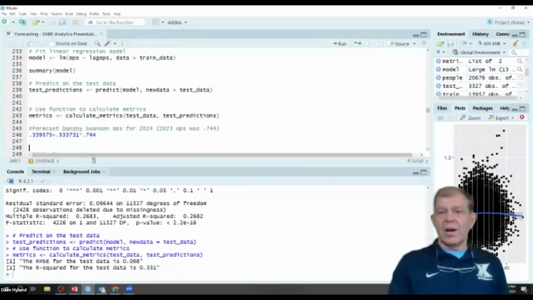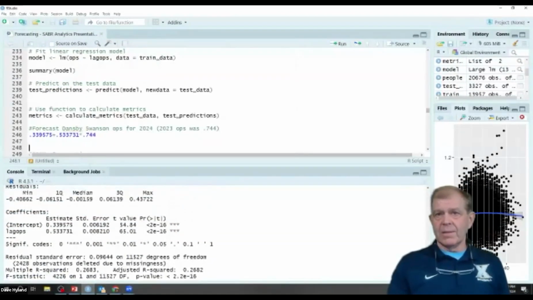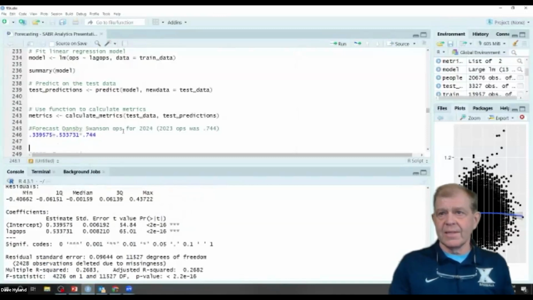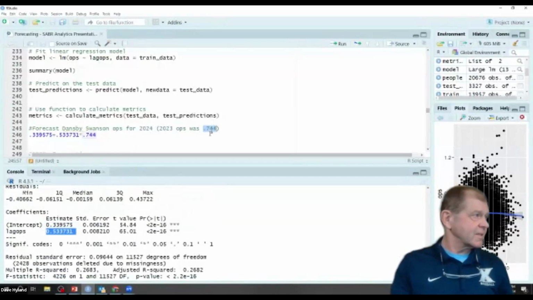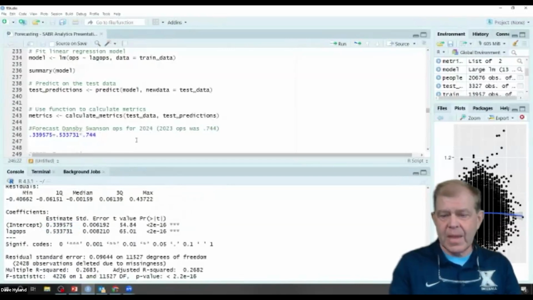So let's use our model to forecast. Dansby Swanson in 2023, his OPS was 0.744. We'll use our intercept, 0.339575, plus 0.533731 times Dansby Swanson's OPS from last year of 0.744.